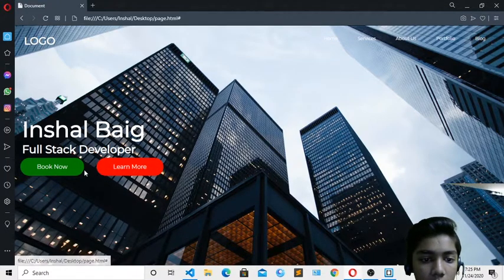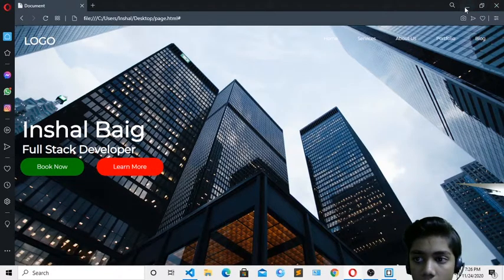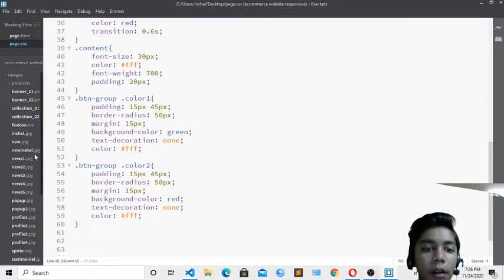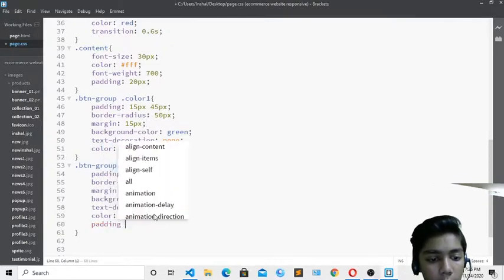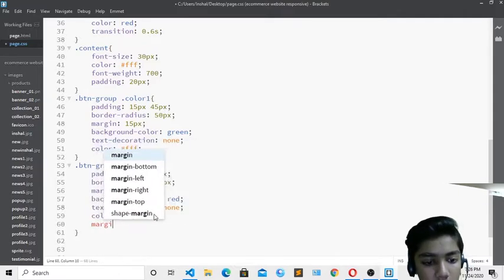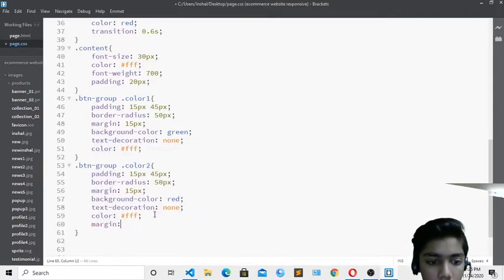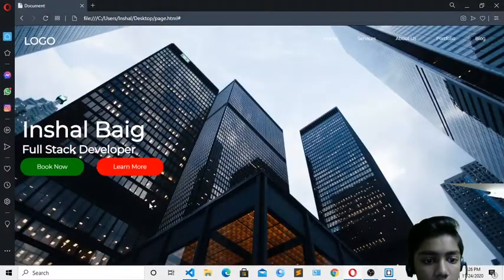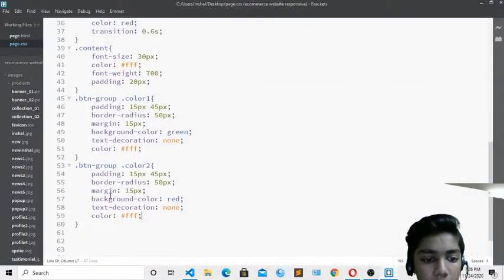Now I will give the hover effect, but first I will change the button back. Over here, I will change our button's 45 pixel value. I will not give it padding, I will give it a margin of 15 pixels. That is enough, and now if I save and hit refresh, you can see that my button is cool. We have designed till over here.